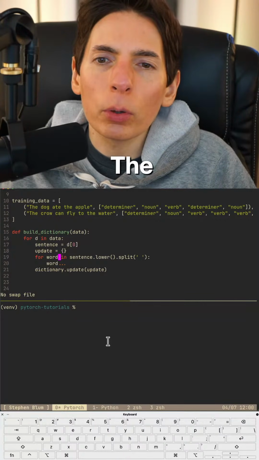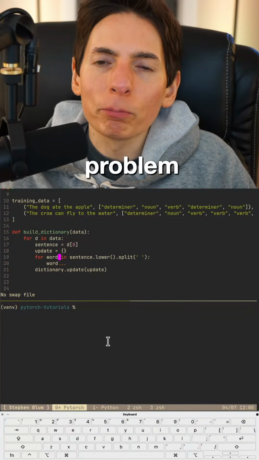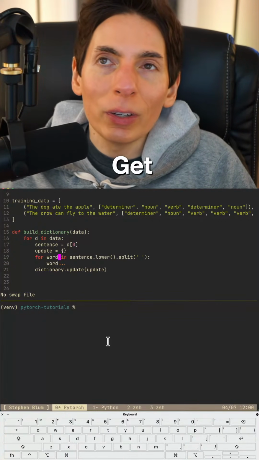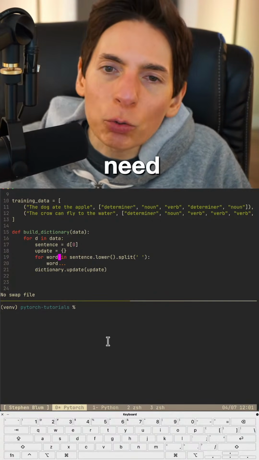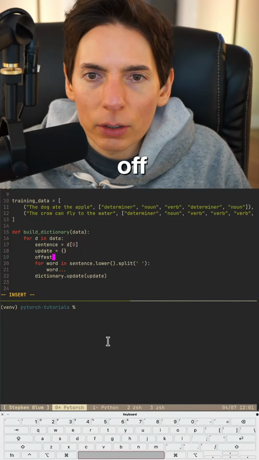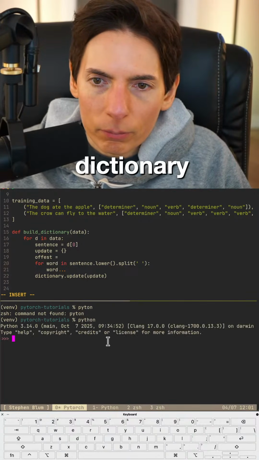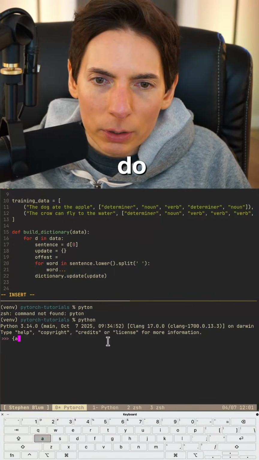The problem though, we've got a problem with this. We need an offset. That's what we need. Offset equals. Can we do a length of the dictionary? So we do A1,